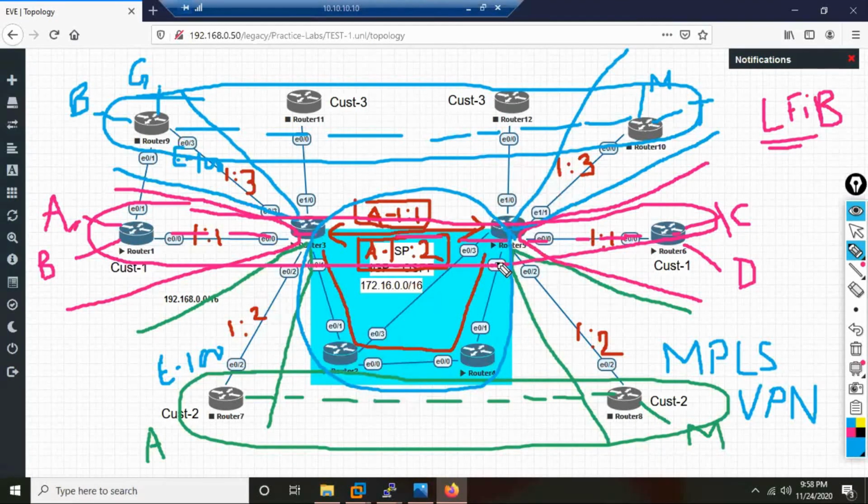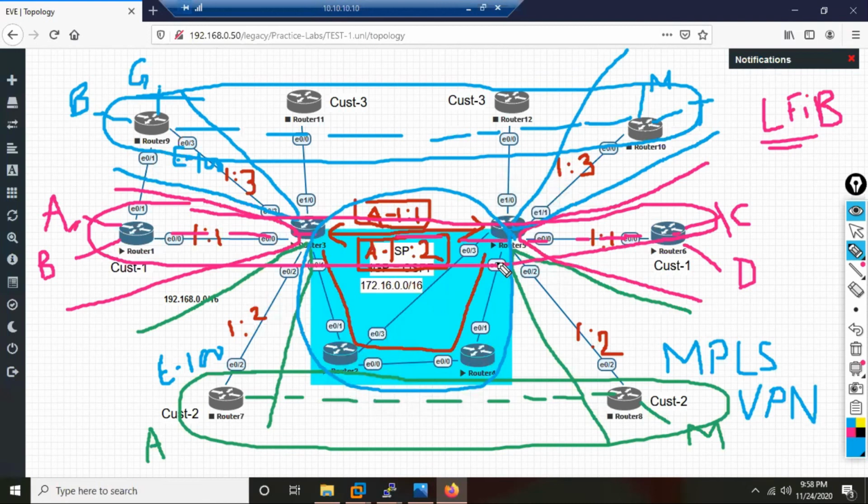And when we do all this, we are set to establish a VPN for every customer. This is called MPLS VPN, and MPLS VPN is also known as Layer 3 VPN. So we would have only Layer 3 VPN in your CCNA enterprise. There are no Layer 2 VPNs, no L2TP, no PPTP, no Metro Ethernets. All that is basically part of your CCIE service provider.